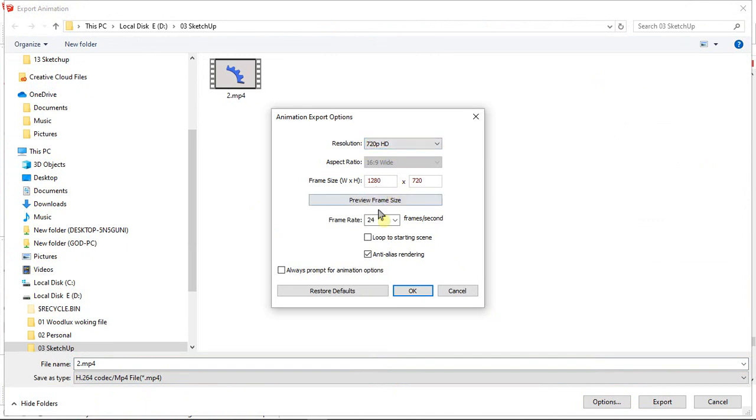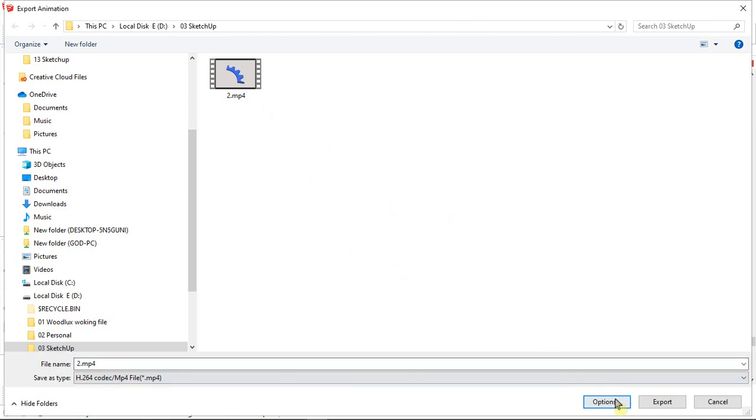I am keeping 720. And if you want 30 frames per second, if your model is very fast, then you can choose 30 frames per second. It will be very clear. And loops to start, if you choose this one, it will automatically start where you started the frame. You can cross check it by creating this check mark, and you can come to know the difference. So I don't need this one, so I'm not keeping it. Anyhow, I will choose this. We will see, and give OK and export.